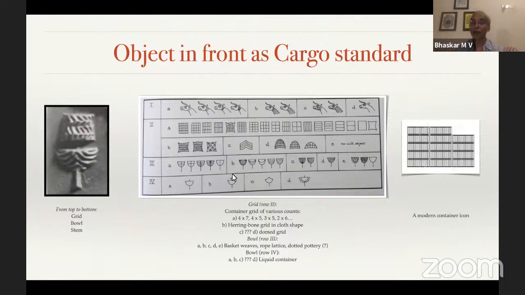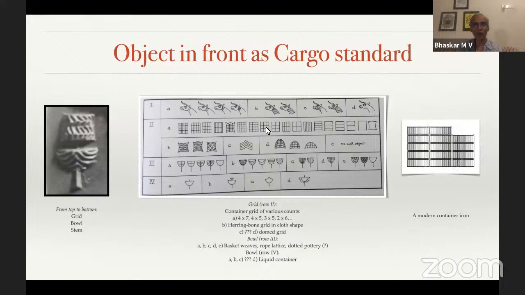They are stacked at the bottom. And sometimes the cargo type, it seems, is also marked on these bowls, as is evident in 4D, where you see drops of liquids falling off the container as though to indicate that this container carries liquids. So with all, I'm ignoring the top row, that is the row number 1 for the moment. We will see that in detail later.